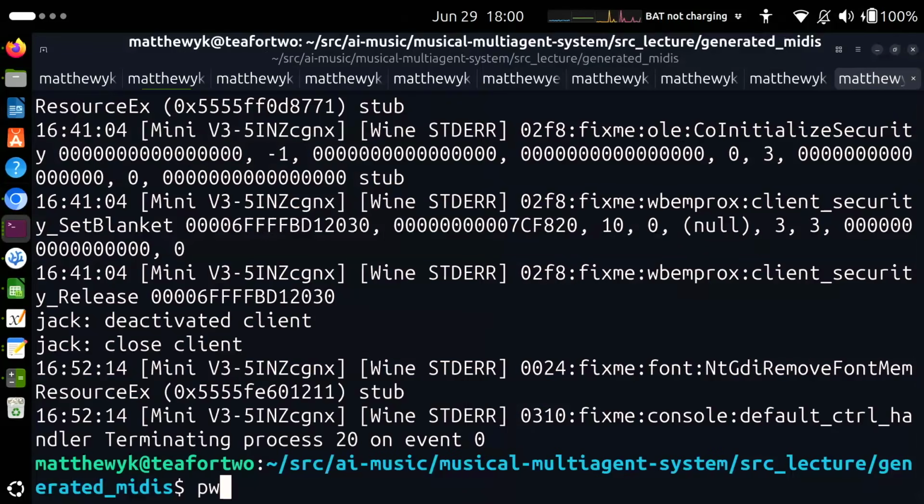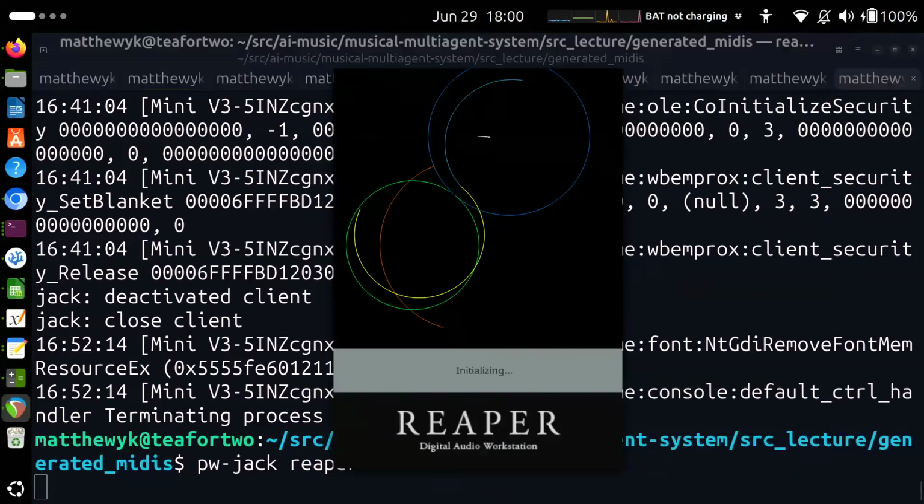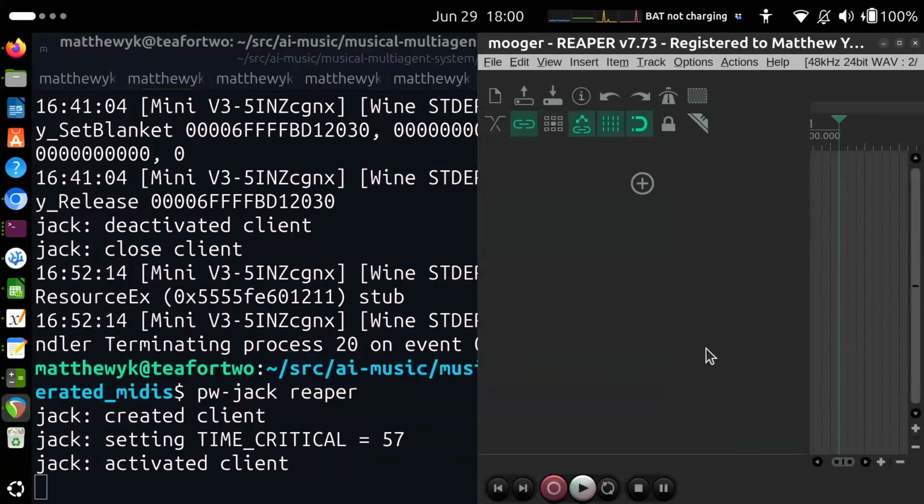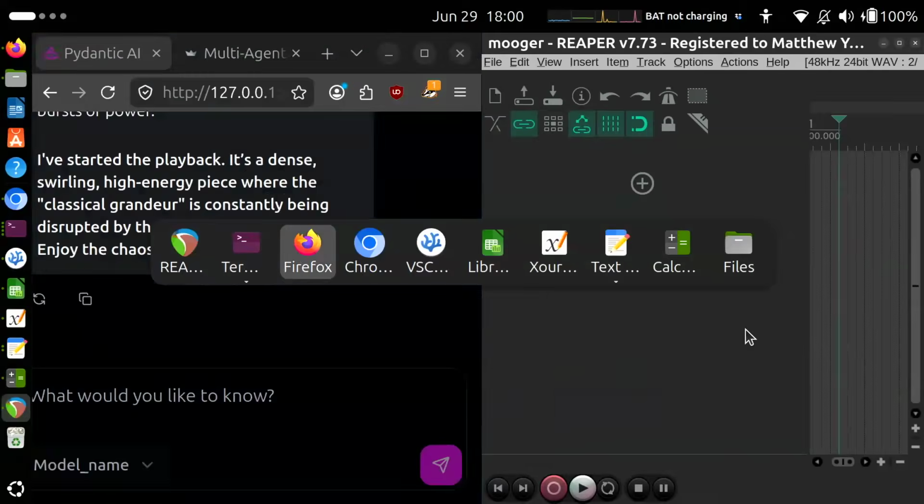Please forgive me for overrunning. Well, I want to show you this final example because I think it's quite cool. Okay, so we've got our music software on the right. We've got our agent on the left, and